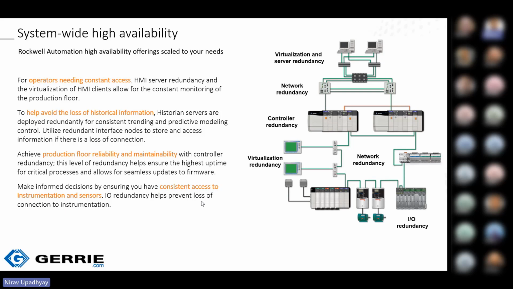For production flow reliability, you have controller redundancy for consistent access to instrumentation and sensors. You have IO redundancy. So redundancy at each level, and the availability is 99.99% for a non-redundant configuration, which is probable